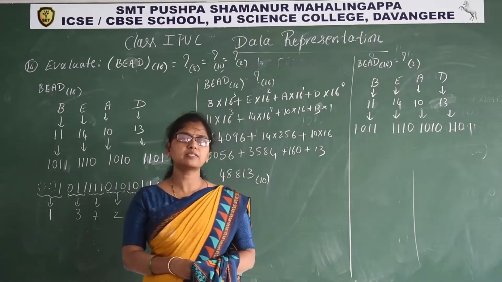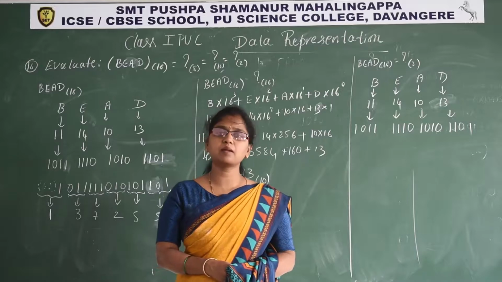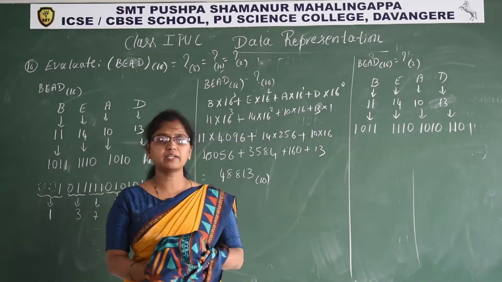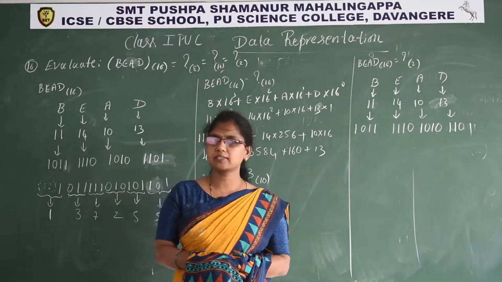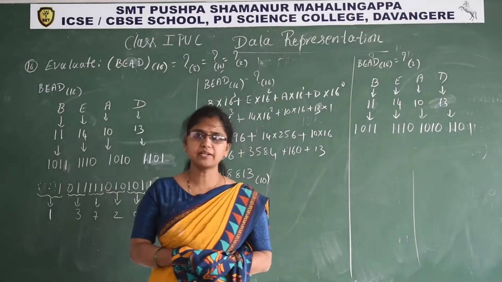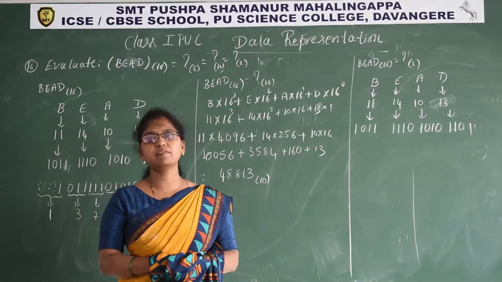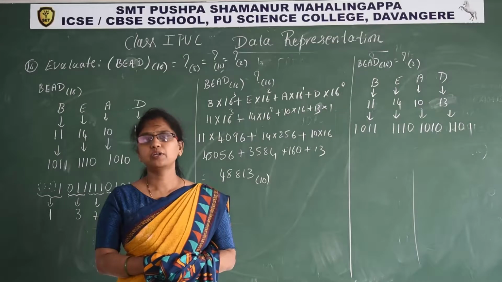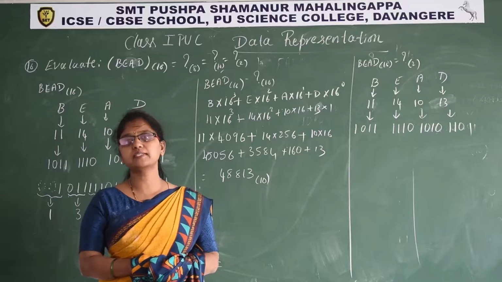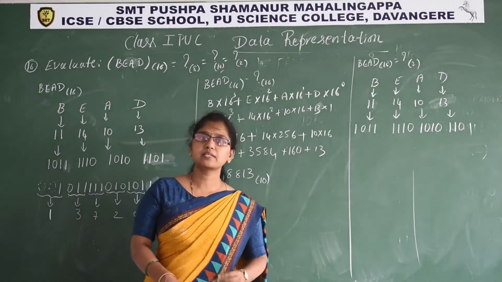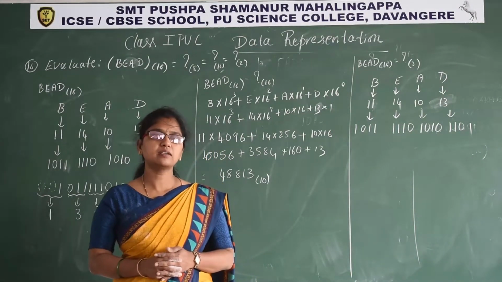First we started from decimal to other number systems: binary, octal, and hexadecimal. That is one type of conversion. The method is the same, only the bases are different. To convert decimal to binary, we divide the given number by the base, that is 2. For octal we divide by 8, and for hexadecimal by 16, and we keep the remainders and write them in reverse order.